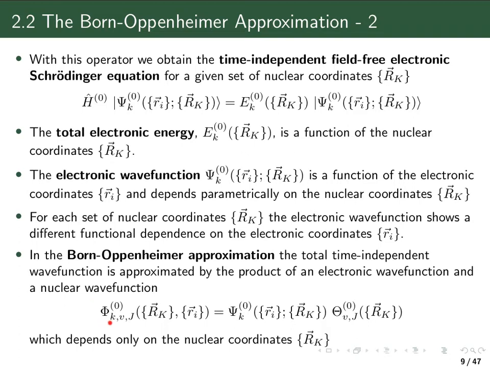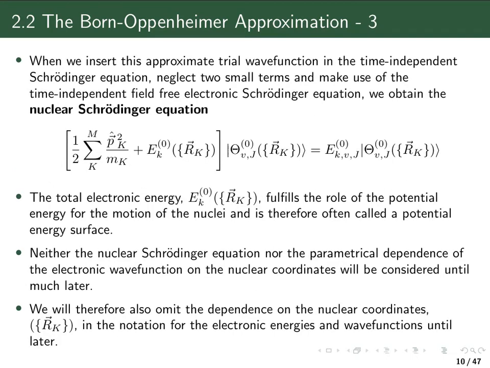Now we're going to insert this product ansatz for the wave function into our time-independent Schrödinger equation with the full Hamiltonian, meaning the Hamiltonian including also the nuclear kinetic energy term, not what we call the electronic Schrödinger equation. And then we will try to do, as always, separation of variables. But we will soon find out that this is actually not possible if we do not neglect two small terms. Which terms those are, you will find out in one of the exercises. But if we neglect those